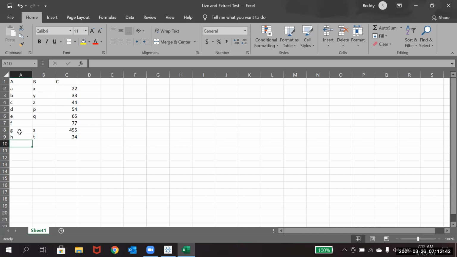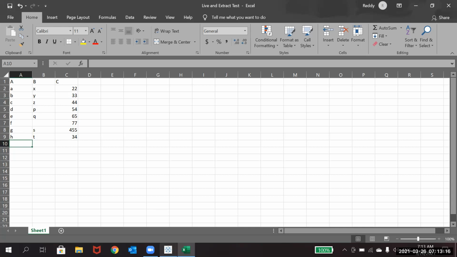Remember one thing: once you make any changes in a data source, not only Excel but even in databases, the moment you make the change, you should save those changes. Only then, when you refresh in Tableau, will it appear; otherwise it will not. So now I'm saving this again.